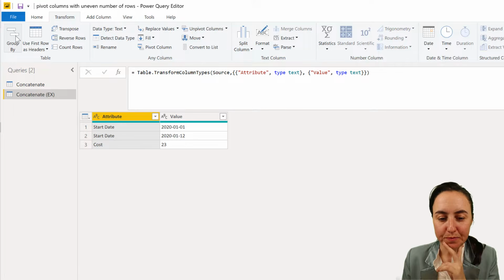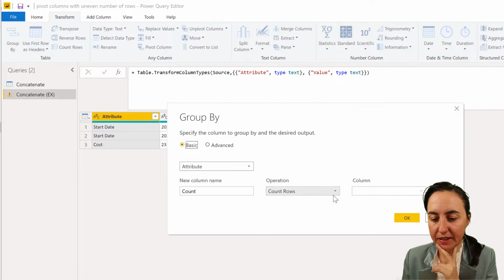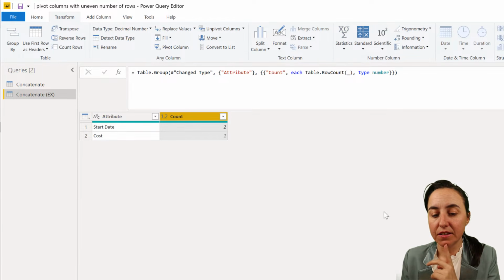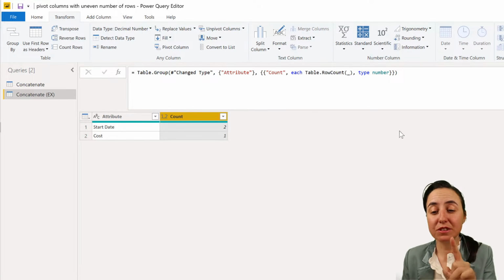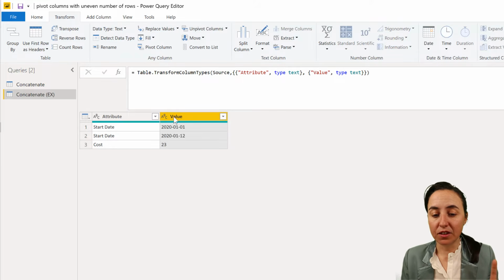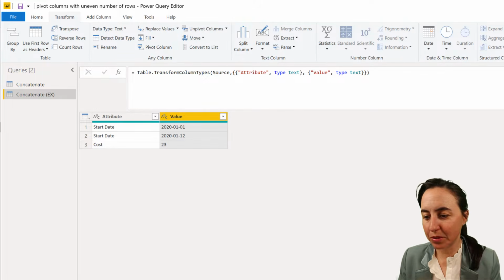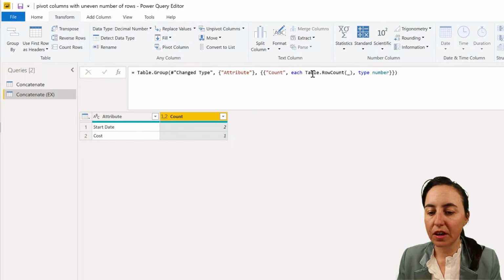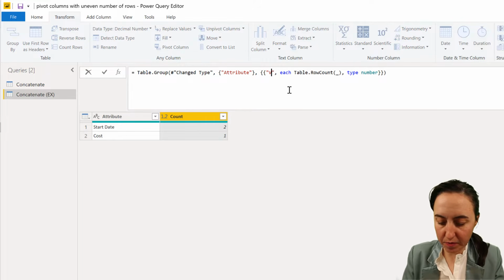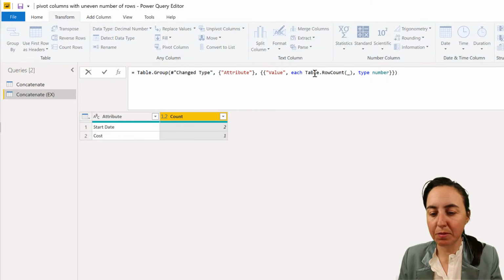We're going to group this table, and we're going to leave count rows because it's easy to modify. As you can see, it grouped the table by count and number of rows. We're going to slightly modify this so it gives us something else. What we want is to put these two into columns, and we want to concatenate them, and we're going to do that in one step. So here on group rows, the name of the column will be value, the same as before, and then here we're going to put